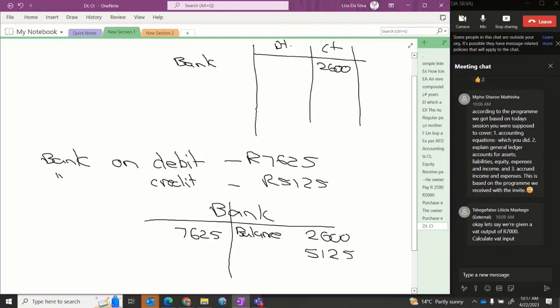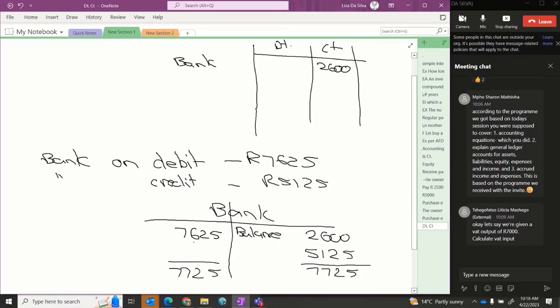And then what is the correct balance that you have to write in your trial balance now? Can you see that you're going to add the 2,600 and the 5,125? You add them together, 7,725, and then